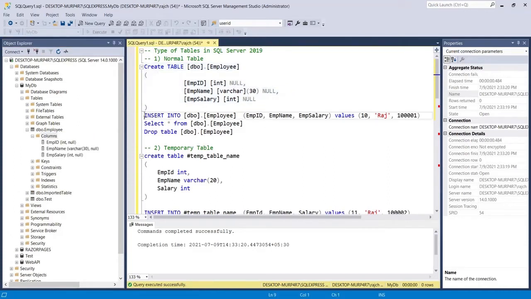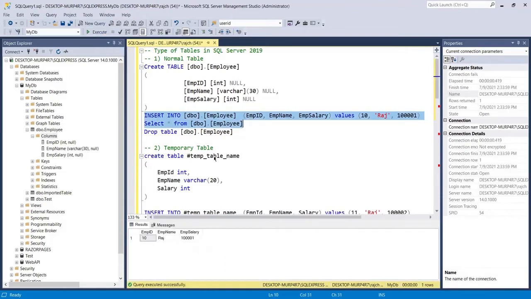Inside this we can also store data. So to store data, here is the query. Let me run both queries. The first query will insert the data, and the second query will select the data. I just clicked on execute, and here you can see one row has been inserted with the value 10, the name Raj, and the salary. So these are the three fields which I inserted, and this is the query to drop the table. I will not drop it right now because I will use the same table in another scenario.